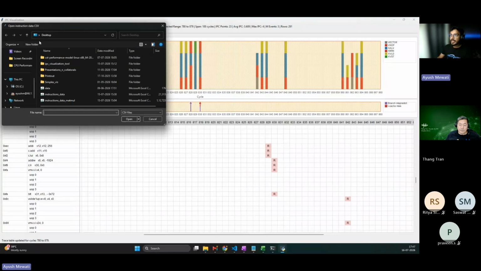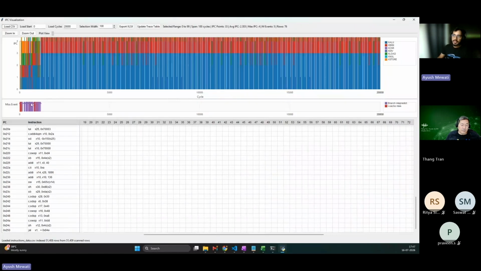And if I show you the Dhrystone with this one, you can see the miss events are only coming in the first third, as you saw in the idea. After that, it's all clean. You see no spikes whatsoever. Okay. So yeah,